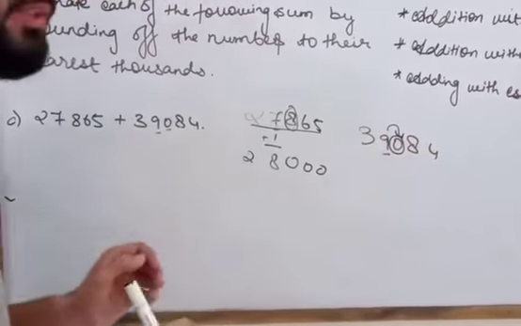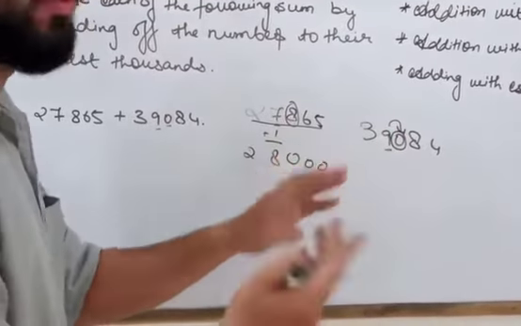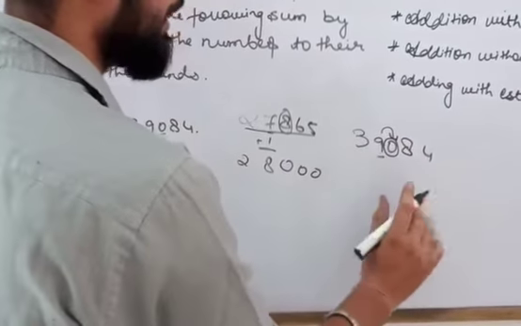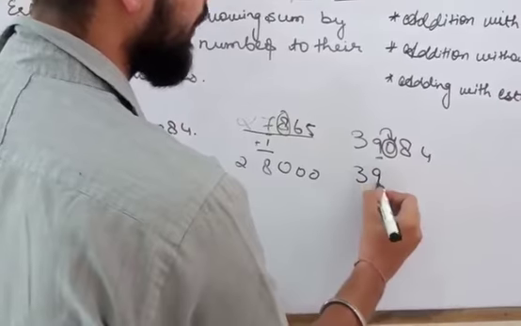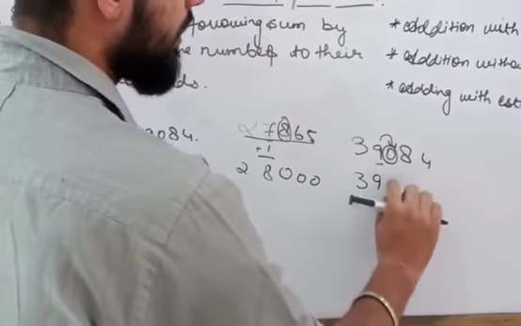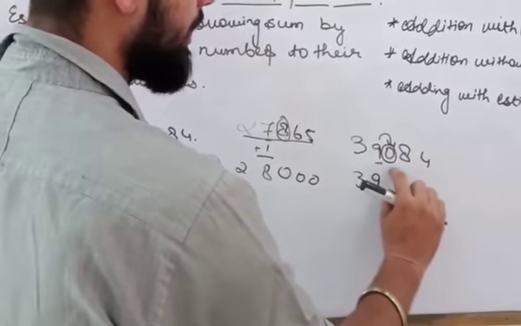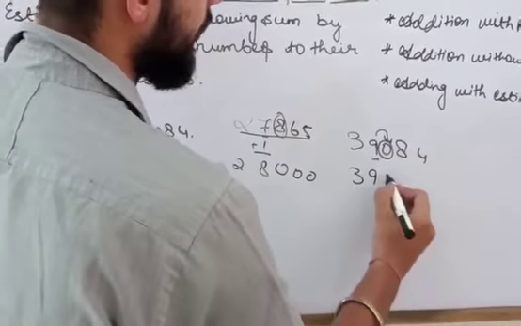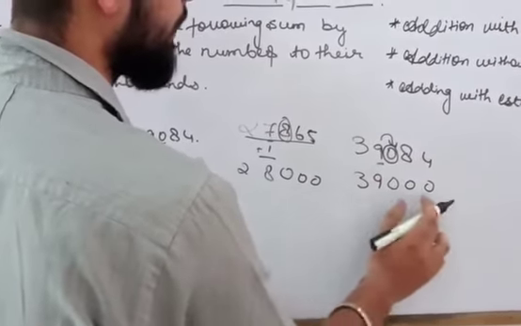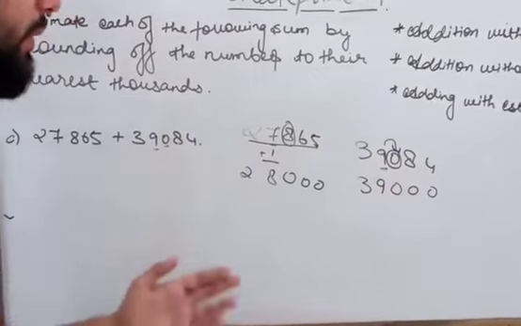So 0, as we all can see, that it is less than 4. 4 or less, go take rest. So we don't need to do anything. So 39,000 we'll keep it the same way, and after our number we'll actually replace all these three digits with 0. Okay, so 39,084 rounded up to 39,000. So in this manner we round off.